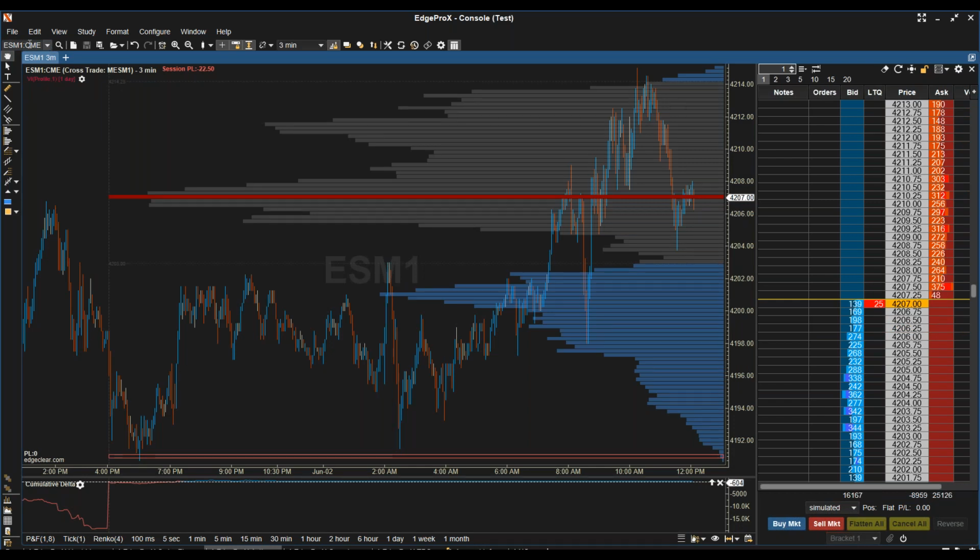However, if you switch to the front month contract, which I believe this is correct, all your indicators will reset to whichever time you have configured, which would be either RTH or extended trading hours. Now you can configure that in the settings to whatever you want it to reset at, but I just thought I would show this because this is a common